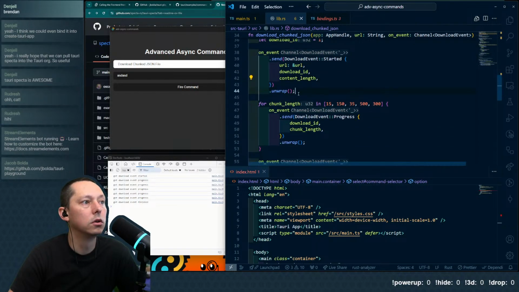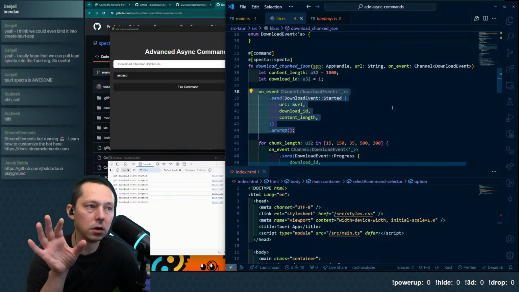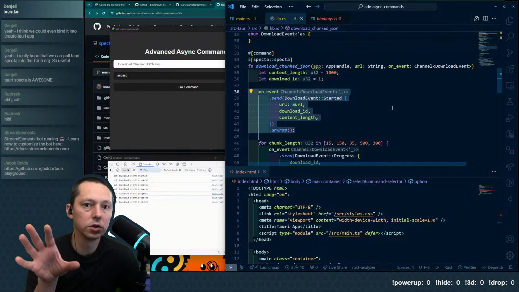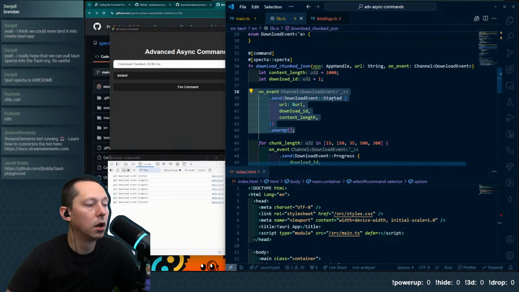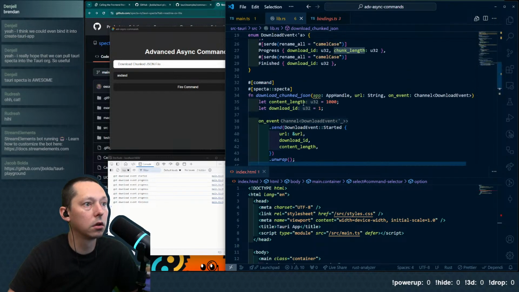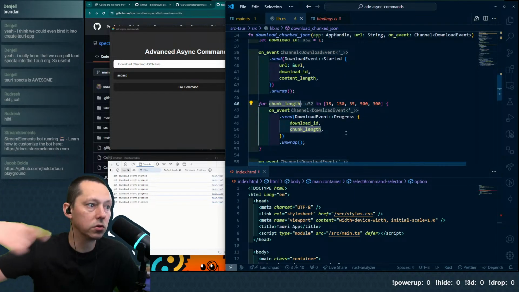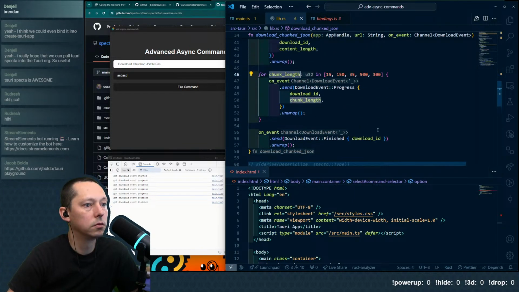Oh, I see. This is like the initial event, or initial payload is probably the better thing to say. And then afterwards, for every chunk length from there on out, it basically continues to send events. And then after that's all done, we send the finish.